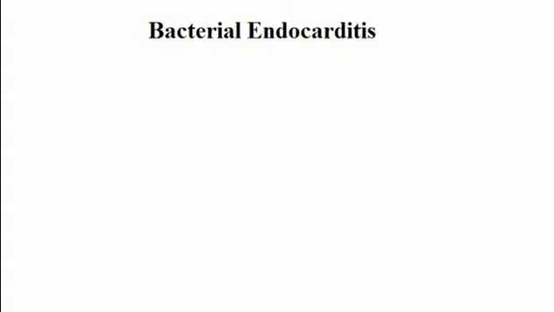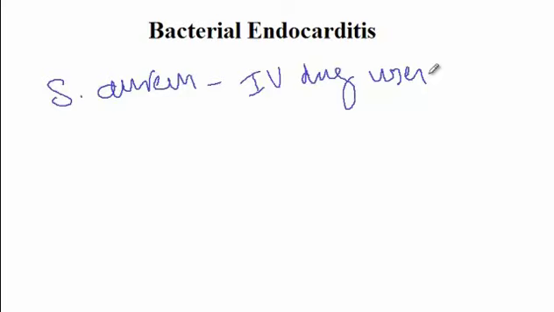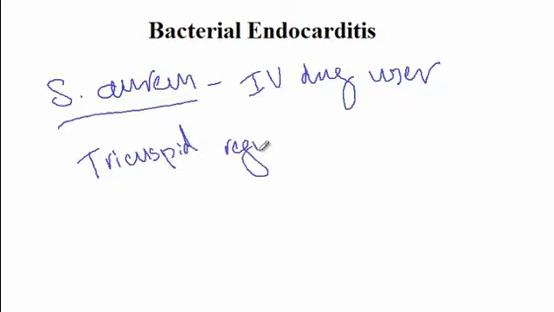Welcome back everyone. This video is going to cover bacterial endocarditis, which is caused by infection of the endocardial surfaces that can affect multiple valves. And the most common cause of bacterial endocarditis is Staphylococcus aureus, which is commonly seen in IV drug users. So what happens is that Staphylococcus is present on the surface of the skin, and once IV drug users are injecting drugs, it will force the Staphylococcus into their veins, and in the first place it will go to would be the right side of the heart. So it will cause tricuspid damage,